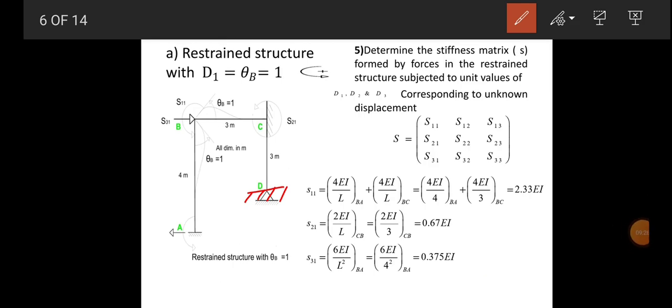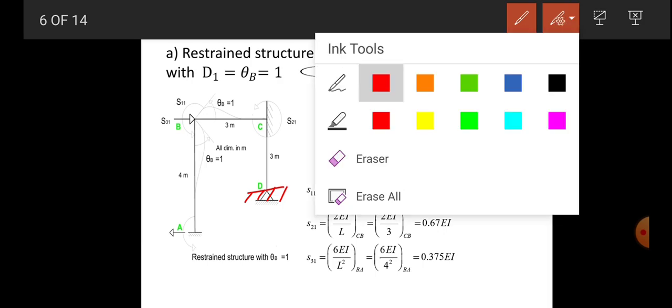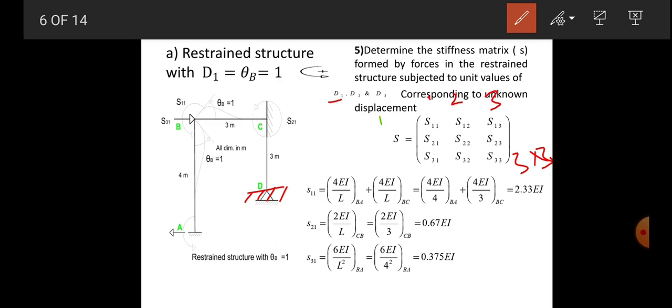Next point is determine the stiffness matrix S formed by the forces in the restrained structure subjected to unit value of D1, D2, D3 corresponding to unknown displacement. Now unknowns are 3, so matrix size will be 3 by 3. So these are the columns 1, 2, 3, and these are the row numbers 1, 2, 3. So first is your first row,